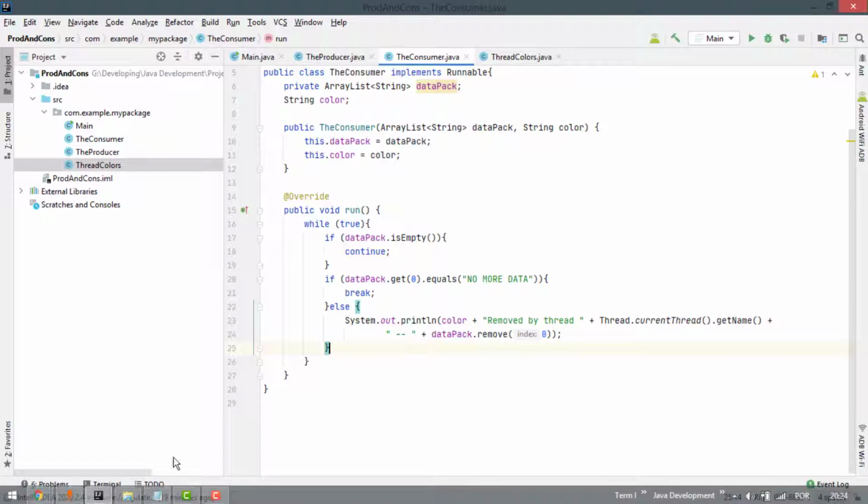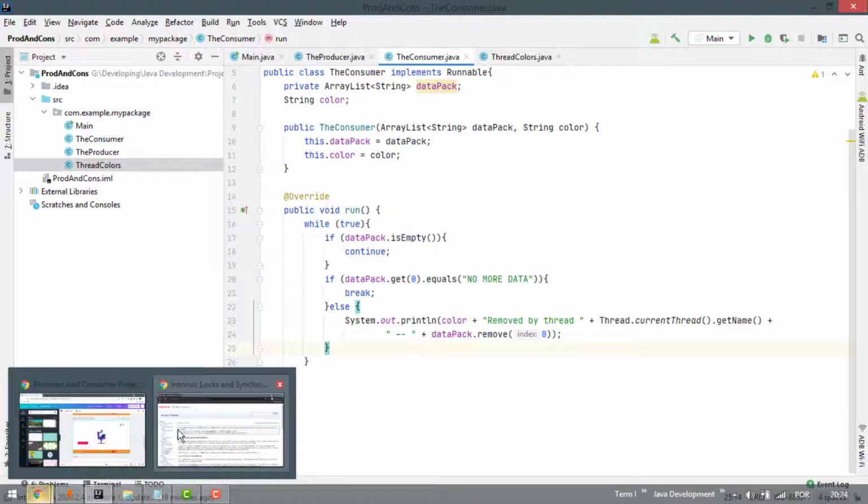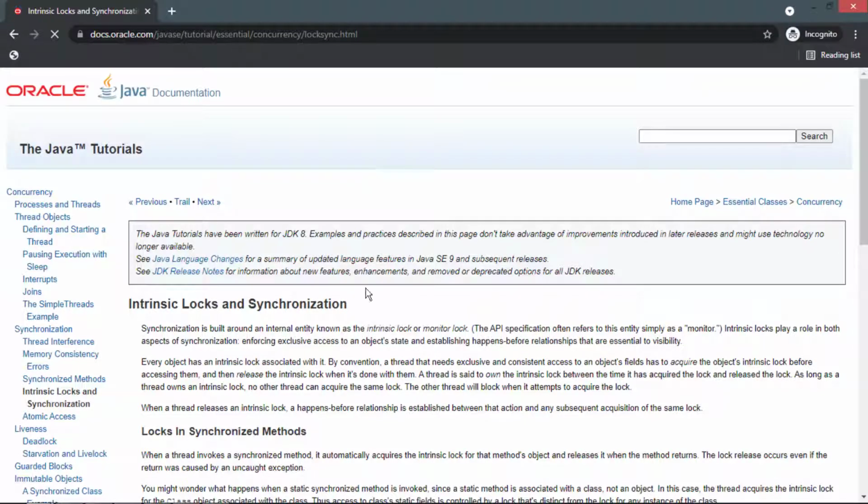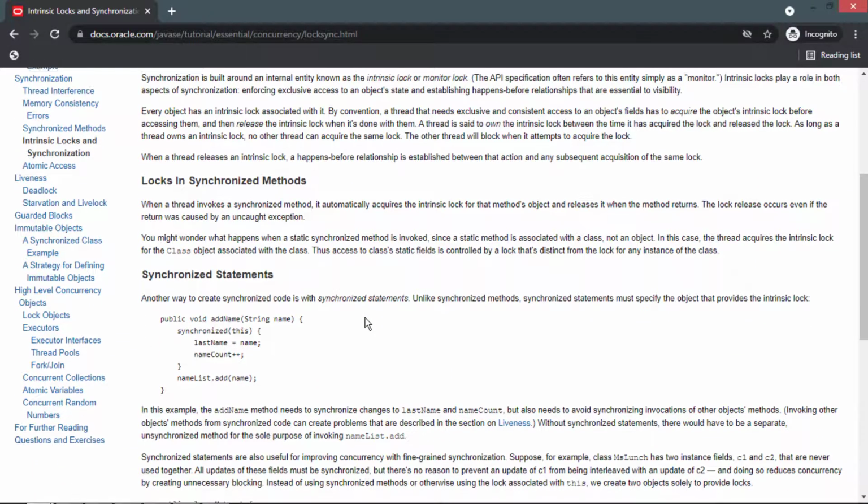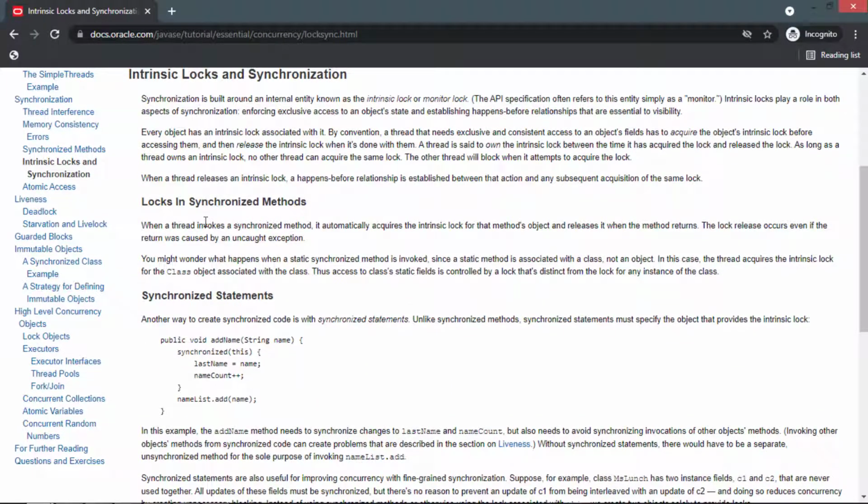Let's introduce a concept here. Intrinsic locks. When a thread invokes a synchronized method, it automatically acquires the intrinsic lock for the method's object and releases it when the method returns. What we have to do is to synchronize our method, to give access to that data pack to only one thread at a time,